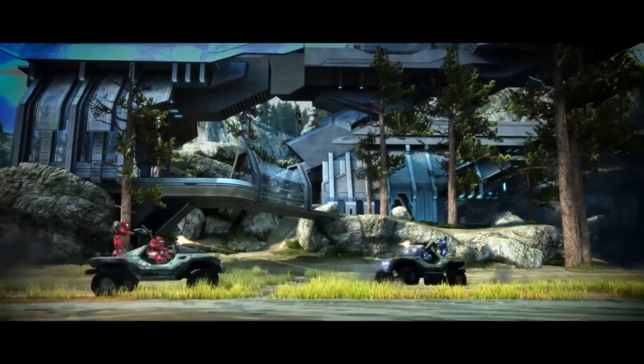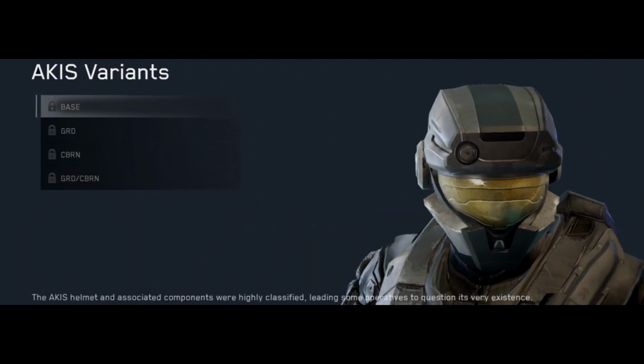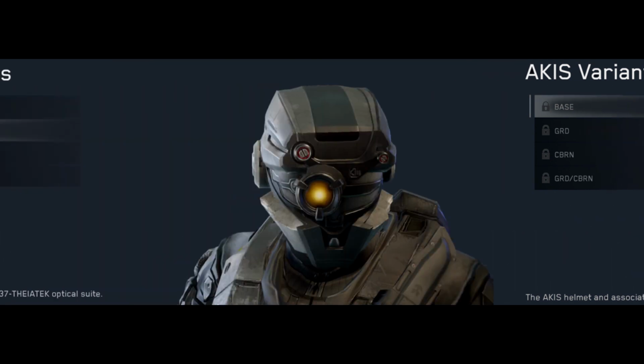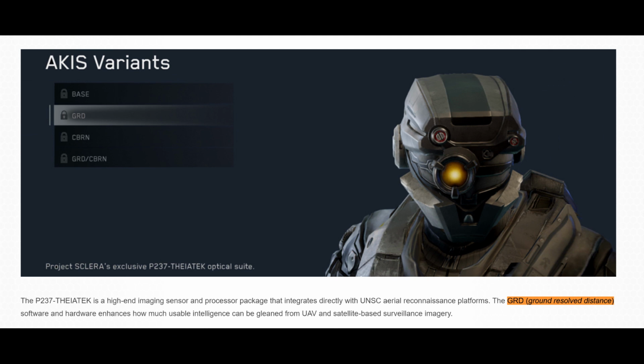343 has announced they will be unearthing the helmet and adding it to Halo Reach on MCC in a future update. The helmet itself will be called AKIS, and will release with 4 variants. There's the base variant, which its description gives a nod to its history by reading, the AKIS helmet and the associate components were highly classified, leading some operatives to question its very existence. Next is the GRD variant, which adds a high-end imaging sensor and processing package while also removing the visor. It also now makes the term GRD canon while also giving us the official acronym for GRD, which in this case stands for Ground